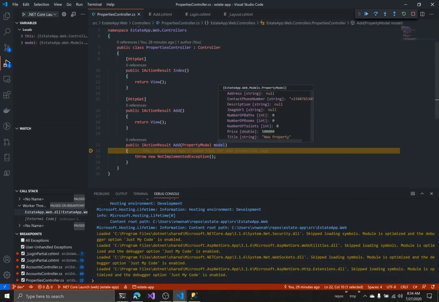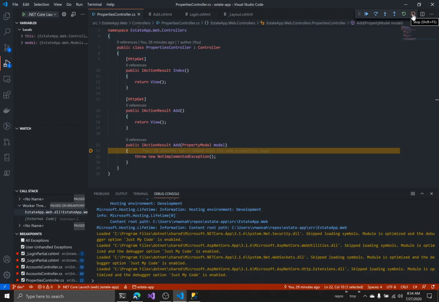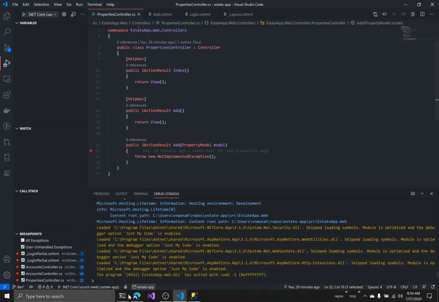Now if I look into the property model, let's see. So title says new property, contact phone number says this, and every other thing is null. Okay, the price is 500,000. And since we're sure we can get these into our controller, we can just go ahead and fill out all of the things now. So I'll stop debugging. I'll come back to my HTML,